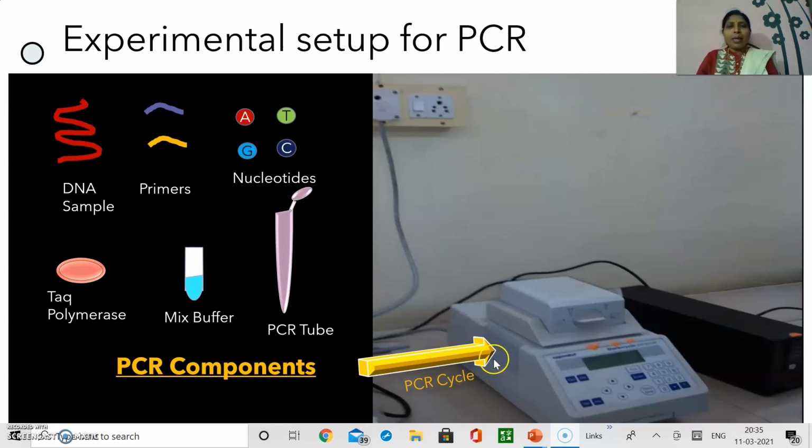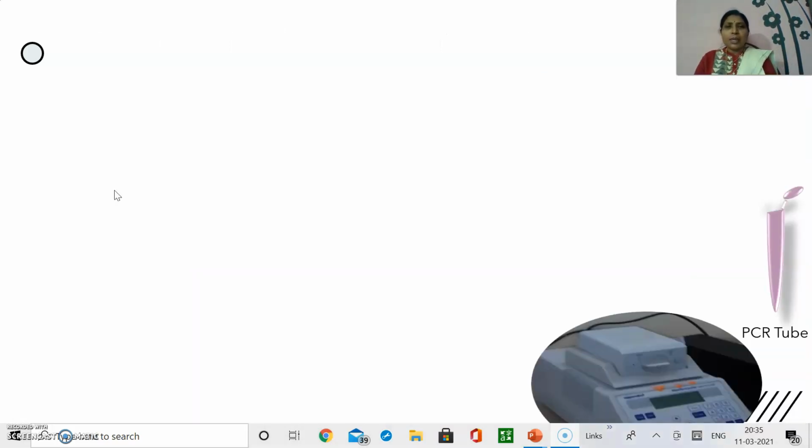The experimental setup here shows a machine which is called a PCR machine or the thermal cycler. In this, a reaction tube, the PCR tube, is taken, into which all the components which are used for the reaction are to be added. Let us know in detail what are the ingredients to be added in the PCR tube. In the PCR tube, which should be kept in the PCR machine or the thermal cycler, it should be added with